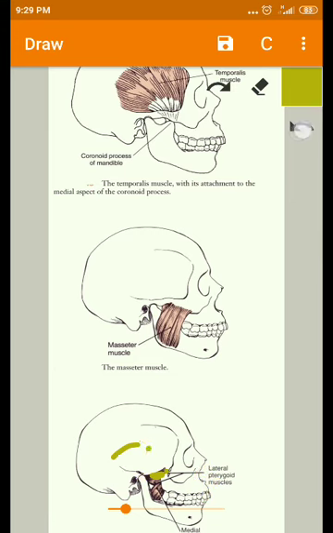So these are the muscles. Coordination of all these muscles helps in the elevation of the mandible. One is the temporalis muscle, masseter muscle, and also the medial pterygoid muscle, and the superior fibers of lateral pterygoid muscle help in mandibular elevation. So depression, as we already mentioned, the combination of digastric muscles and the lateral pterygoid muscle helps in opening of the mouth.